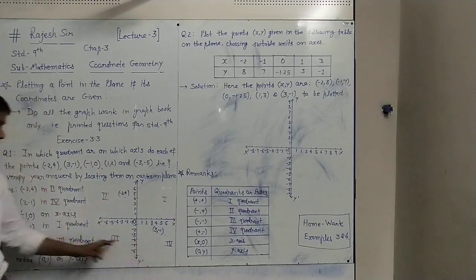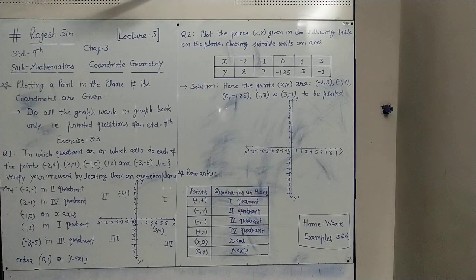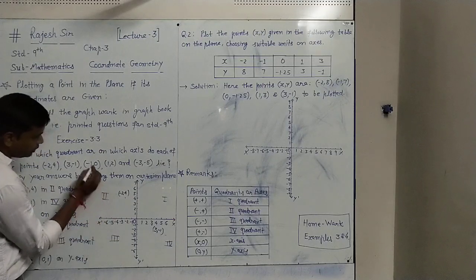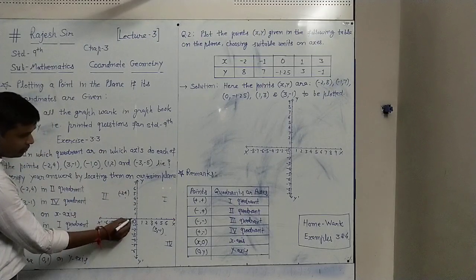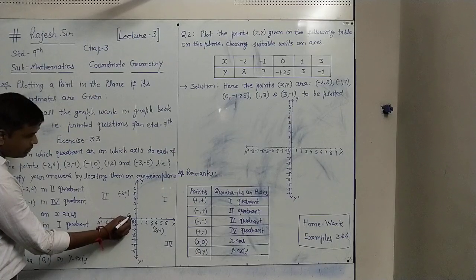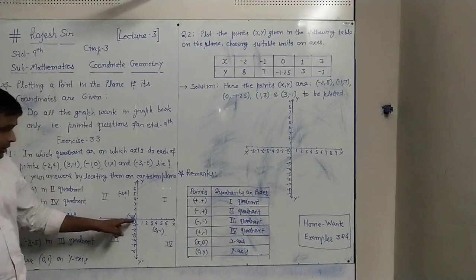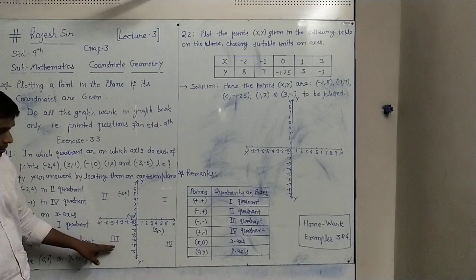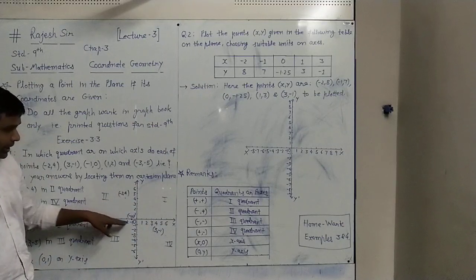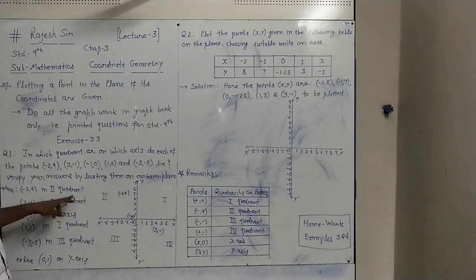The point is in the fourth quadrant, so here we have done 3 minus 1 in the fourth quadrant. Next, minus 1, 0: minus 1 on the x-axis and 0 on the y-axis, so there is no distance, 0 here only. So this is the point which shows minus 1, 0. We cannot say it is in the second or third quadrant, because it is on an axis. On which axis? On the x-axis. So minus 1, 0 is on the x-axis, because the point comes on the x-axis.